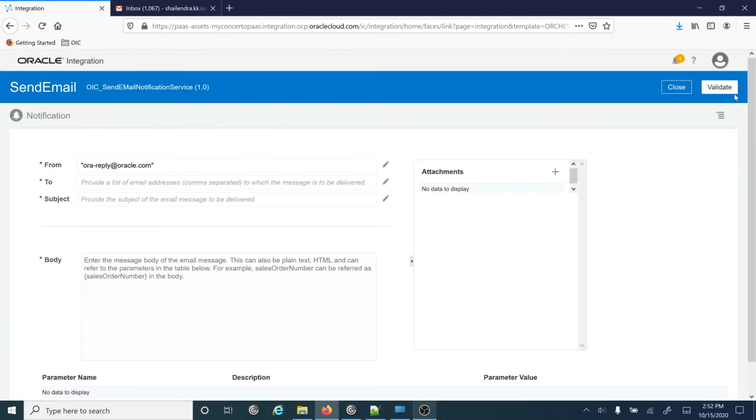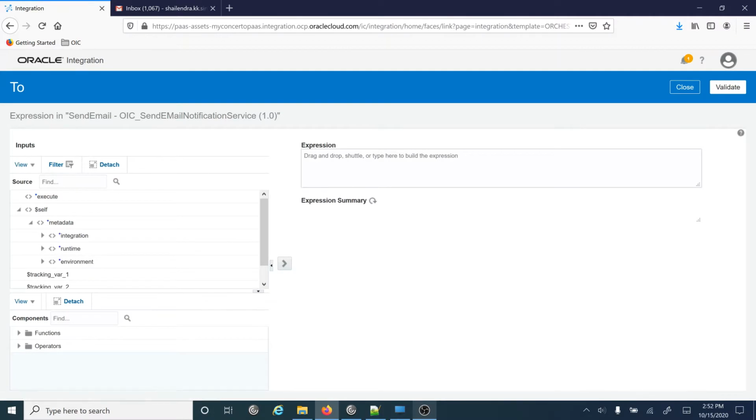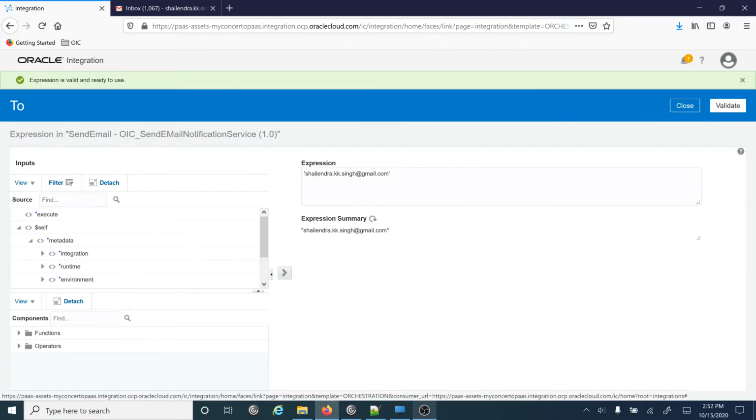After that we need to give the to email address, where you want to send the email notifications. I will give this email address. You can also give multiple email addresses. I will click on the validate button to check whether this information is correct or not, and after that we'll click on the close button.